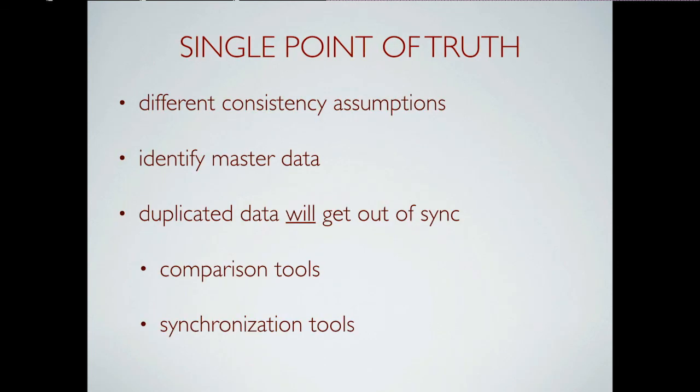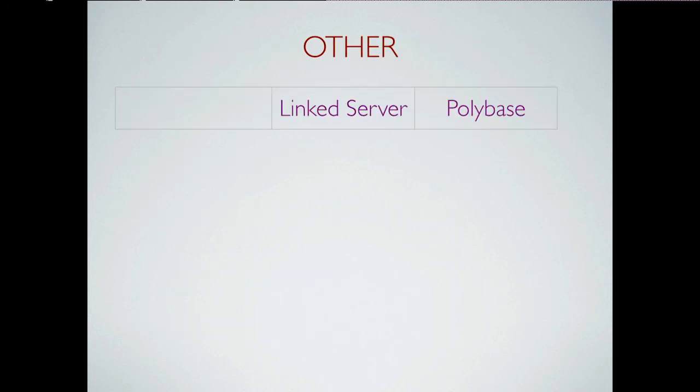You're going to want to have a single point of truth. Anytime you've got multiple copies of data, and remember one of the earlier discussions was that with SQL it's normalized and Mongo is denormalized, you're going to have all sorts of copies of data. You will get duplicate data at some point. And of course that's supported by all the comparison and synchronization tools that are out there. So just identify which piece is your point of truth and use it.